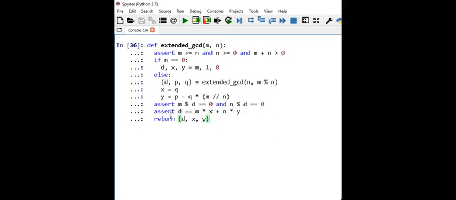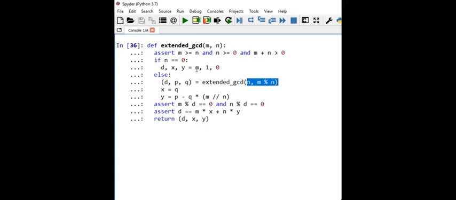Okay, now the next thing is, what about the base case? So here again we are using recursion, and we are using the same criteria which we have used in Euclid's algorithm, but now we need to talk about what will happen to x and y when the value of n is 0. When the value of n is 0, at that time m is our answer.